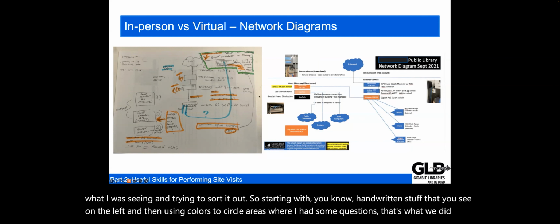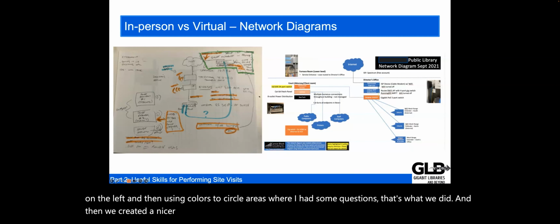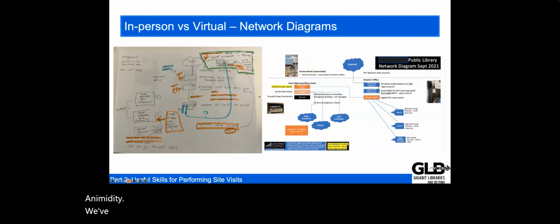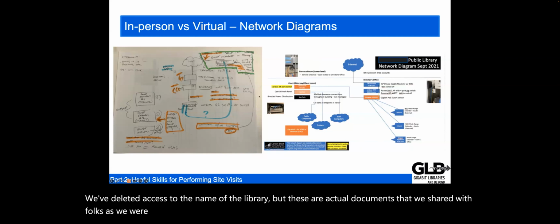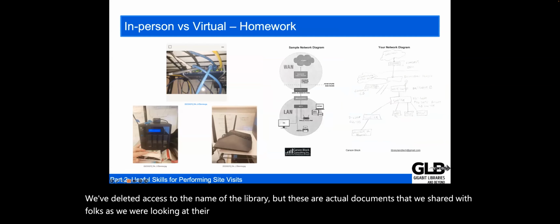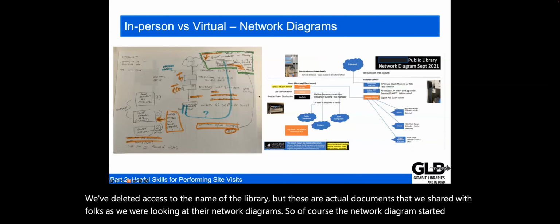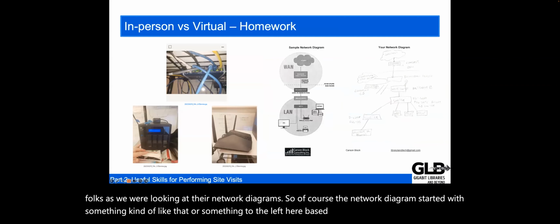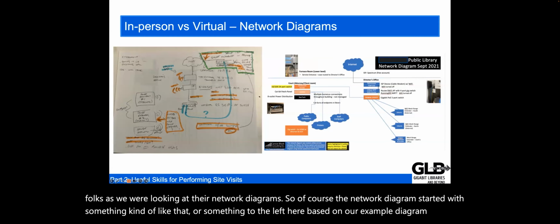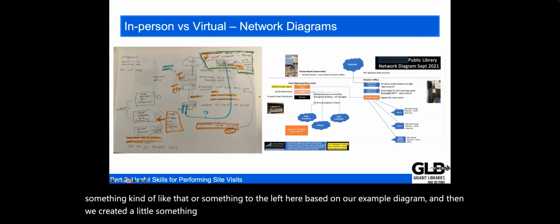And then we created a nicer diagram to the right, of course, to preserve anonymity. We've deleted access to the name of the library, but these are actual documents that we shared with folks as we were looking at their network diagrams. So the network diagram started with something kind of like that, or something to the left here based on our example diagram. And then we created something a little bit more fancy,